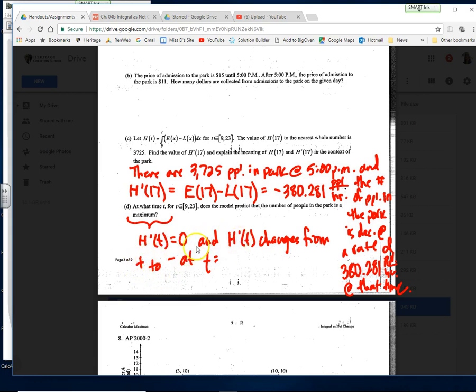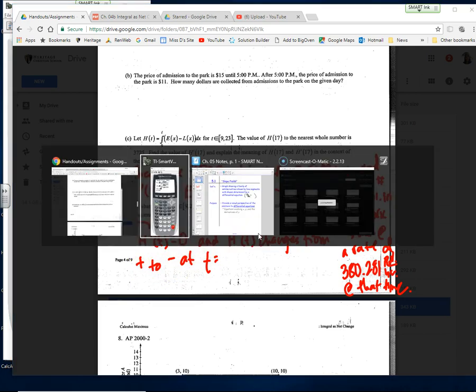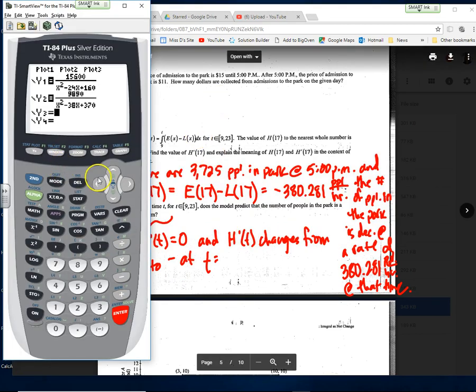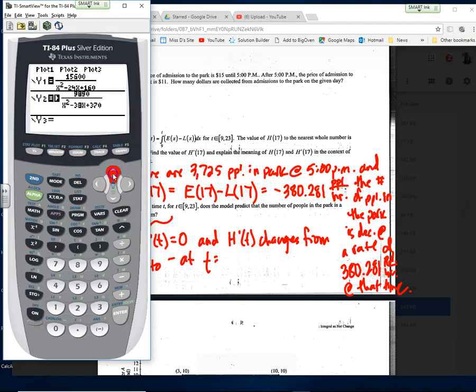You never need to tell the AP graders both. One of them is sufficient. So I'm really just looking at E minus L. I could have looked at them separately and thought about when E is higher than L versus when L is higher than E, people leaving at a faster rate than people entering. But what might be easier is just to say, wait a minute, we're talking about them both,